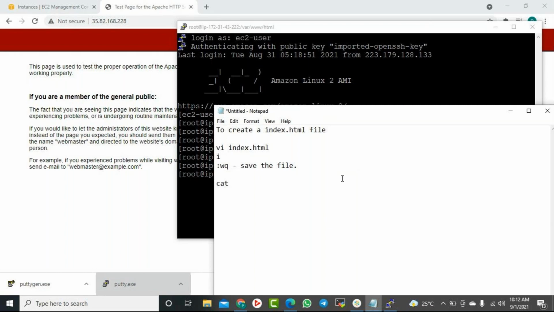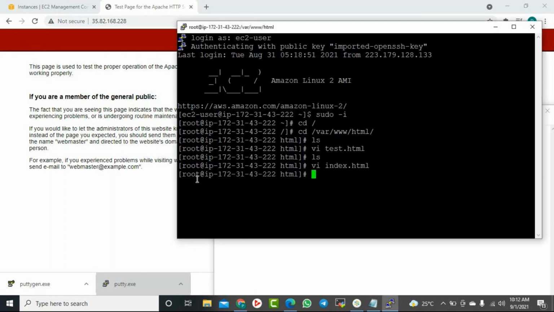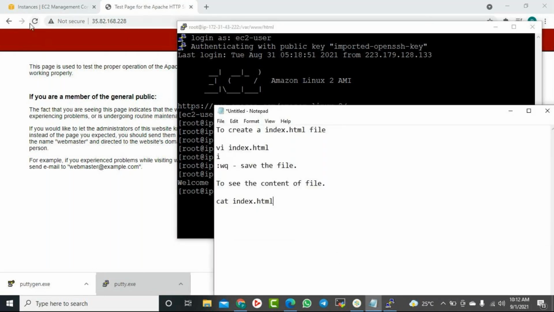And if you want to see the content of the file, I'm just showing with a practical based approach. See the content of the file. Okay, so we will use the cat command. Cat and then the file name. So what is my file name? Index.html. Okay, I'll copy this. See this? You can see this is my content, right? So this got changed. Now all things fine. Let me just try to refresh it.